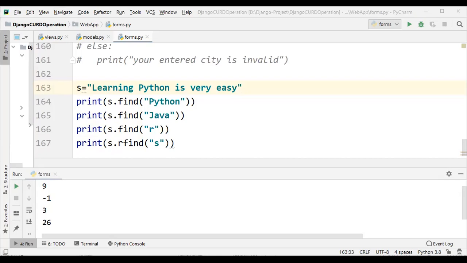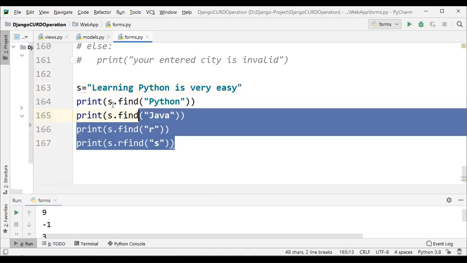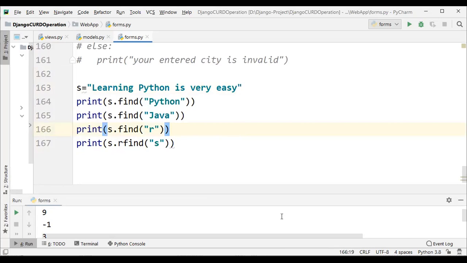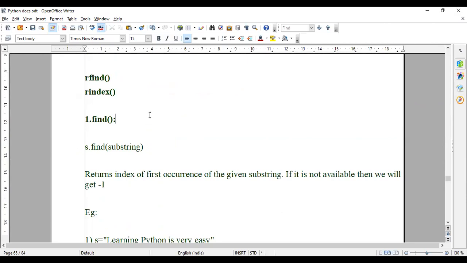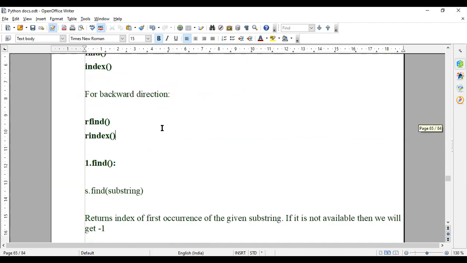Sharing push. Sir, we are getting only PyCharm. Yes, sir, this is PyCharm. We are getting PyCharm only. Okay, I will find out why, with R index and R find.